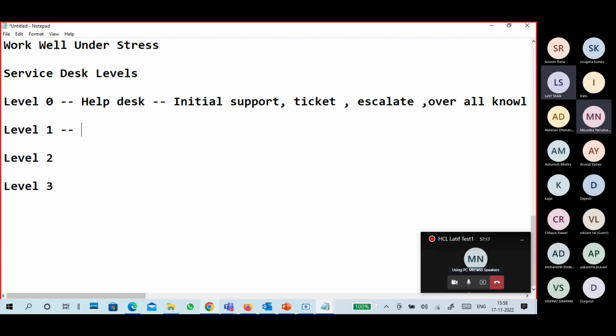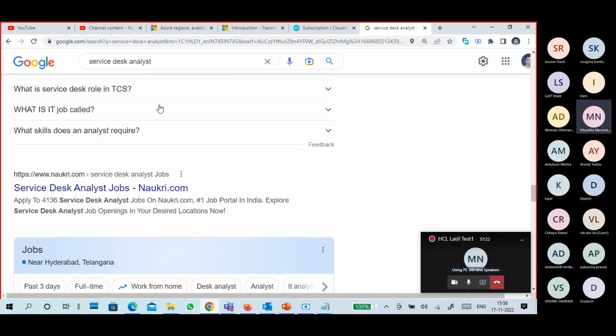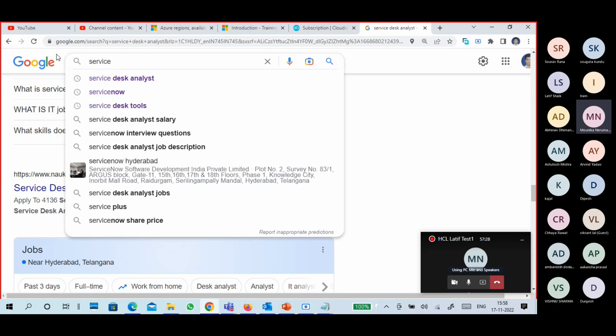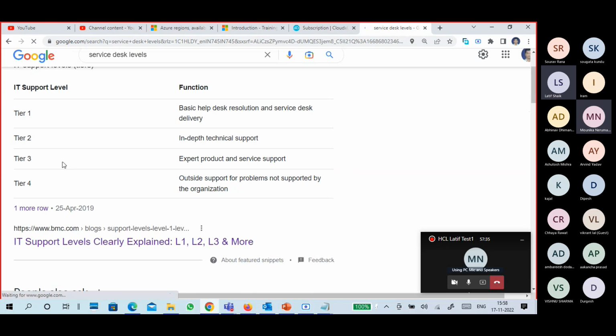So why are we worrying? We can simply say this is basic service desk levels, basic help desk resolutions, help desk service desk delivery, in-depth technical knowledge, in-depth technical support, expert product and service support, outside support for problems not supported by the organization, kind of stuff.